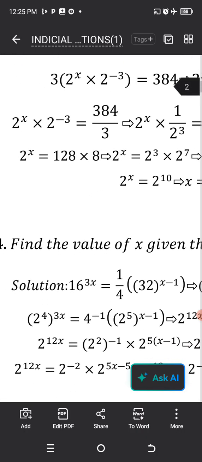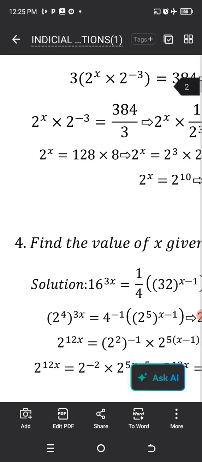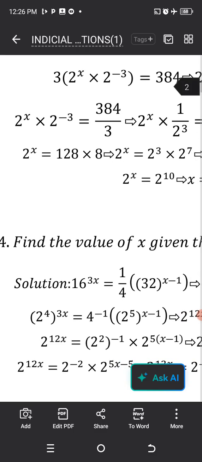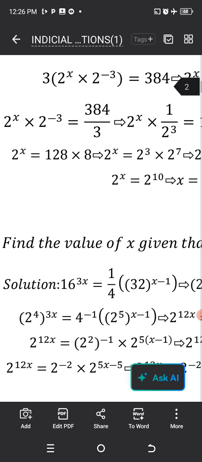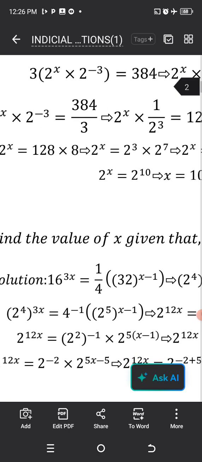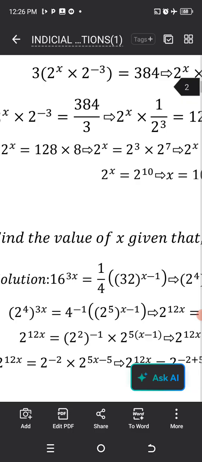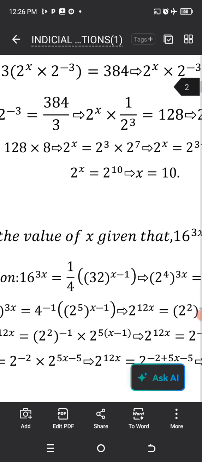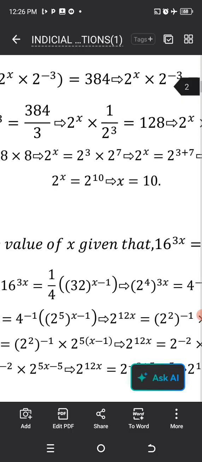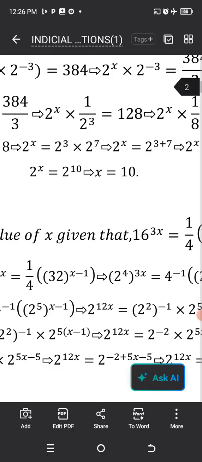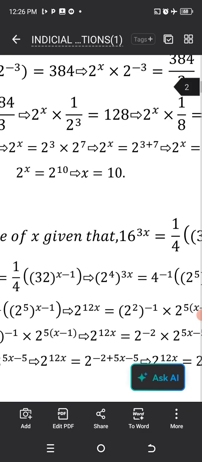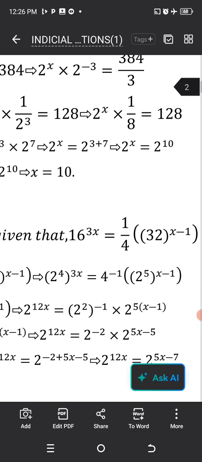So recall that 2 raised to power x multiplied by 2 raised to power minus 3, which is equal to 384 divided by 3, can be written with 2 raised to power minus 3 as 1 over 2 raised to power 3. Yeah, the same thing, which is eventually equal to 128. So now if you change it back to normal form, 2 raised to power 3 is actually 8. That's why in the next implication line we have 2 raised to power x multiplied by 1 over 8 equals